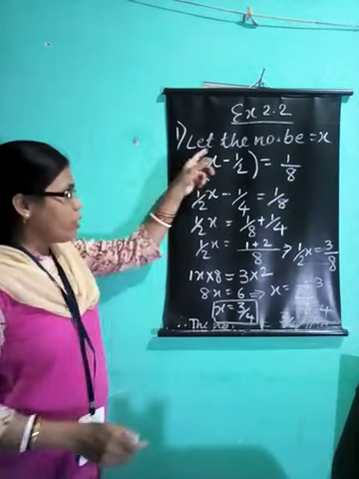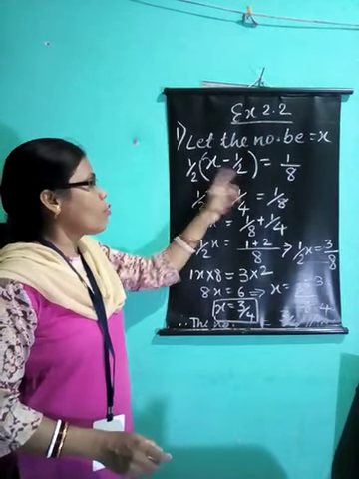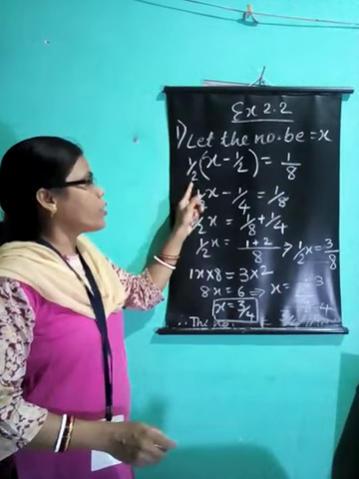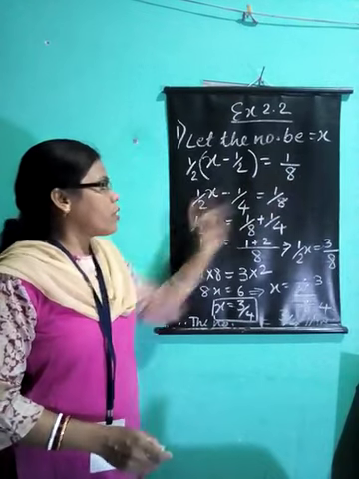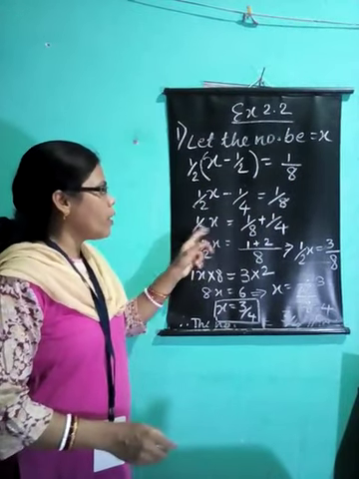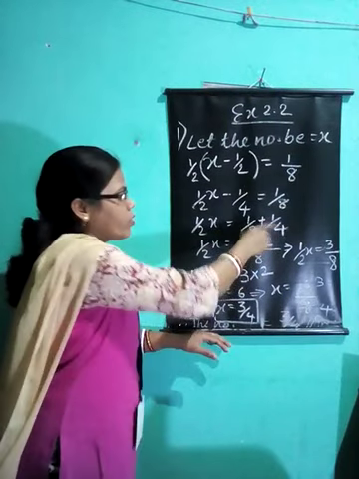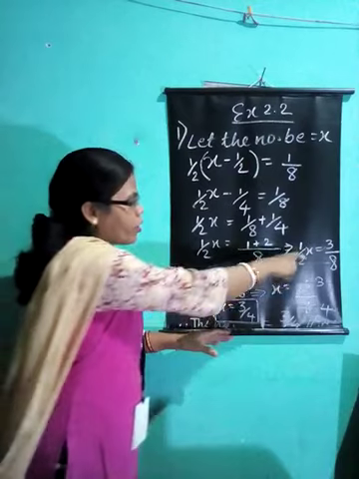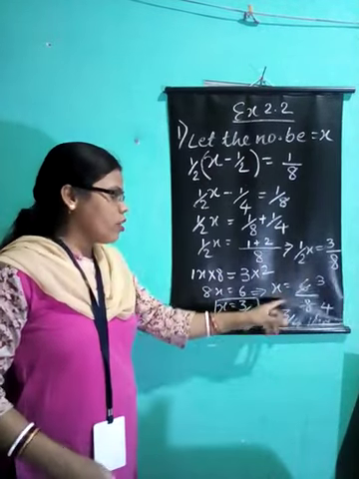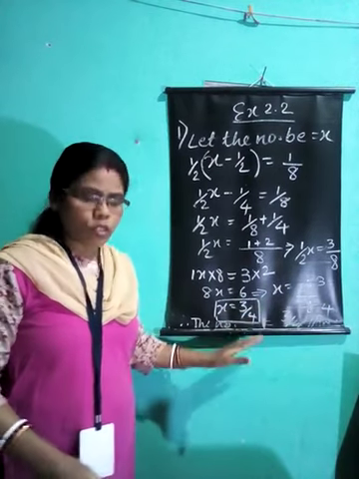Now see again. Let the number be x. Then what is said? Subtract half from the number. We subtracted and then this is the result which we got. We multiplied it with half. We get 1 by 8. Solve the equation. Open the bracket. 1 by 2x minus 1 by 4 is equal to 1 by 8. You take the constant term to the right hand side. Find LCM. Add it. You get 1 by 2x is equal to 3 by 8. Cross multiply. You get your answer. x is equal to 6 by 8, which you can cancel and you get x is equal to 3 by 4. This is your first question.